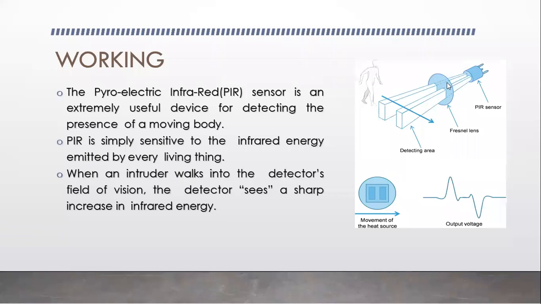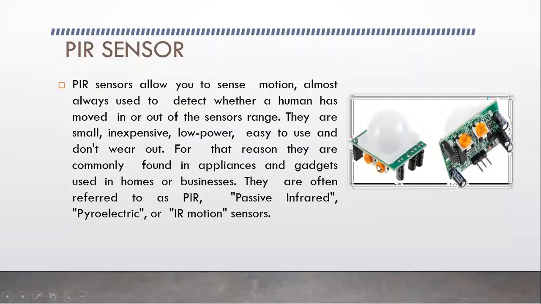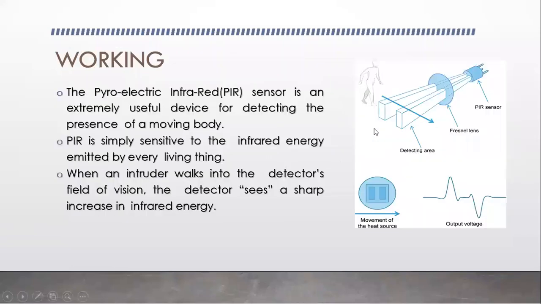So here you will have some lens, nothing but a cap, guys. I'll show it to you. So here you could see, right? Inside of that you will have some IR sensor. This is the lens, which would spread that radiation. Here you could see how your sensing part is ranging.